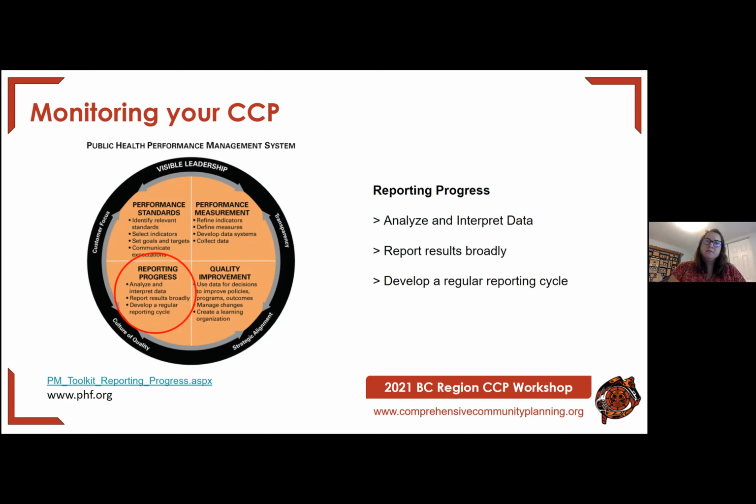So for instance, we had to reduce some of the staff in one of the communities I'm at, and it was a large reduction. It was 6 layoffs. So that's huge, and it really impacted the families and is not something that we wanted. But through the CCP process, we continued to offer other programs. We made sure that the people had wraparound services, and we continued to go back and analyze some of the effects of that. And we reported on it. The community members were up in arms saying, "What are you doing? These are our families. These are people." So we were able to continue to communicate what this is.